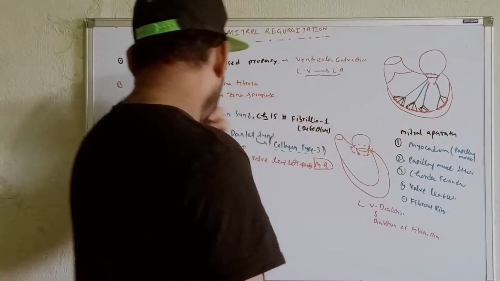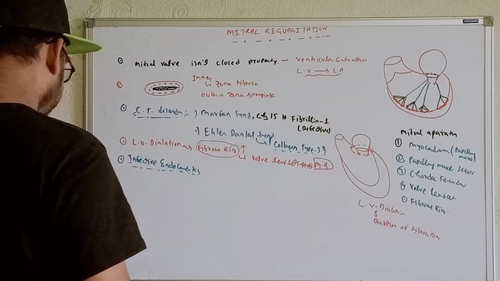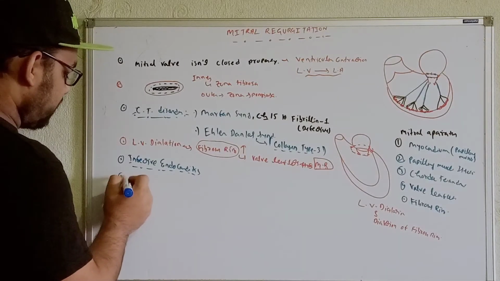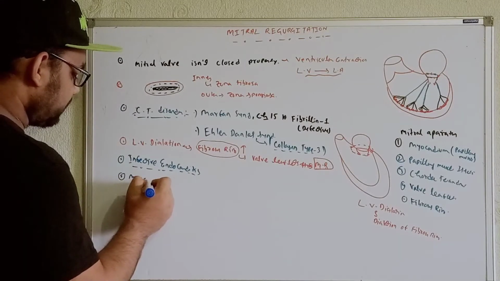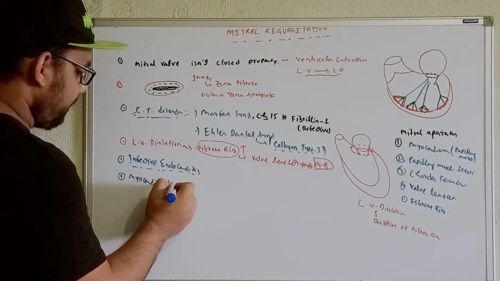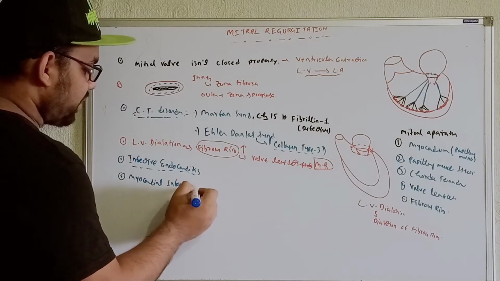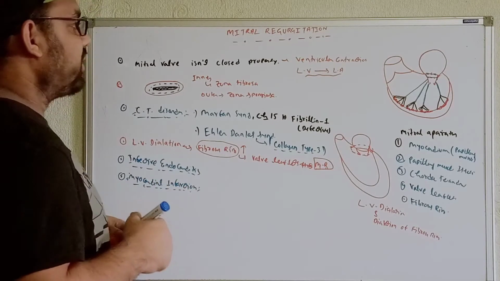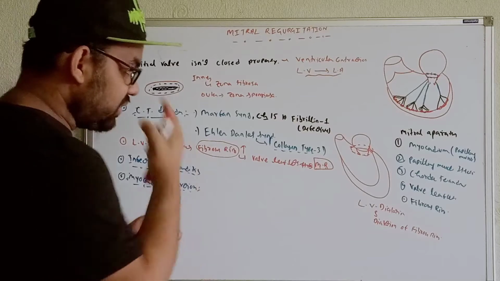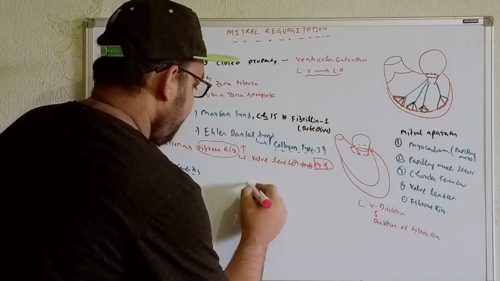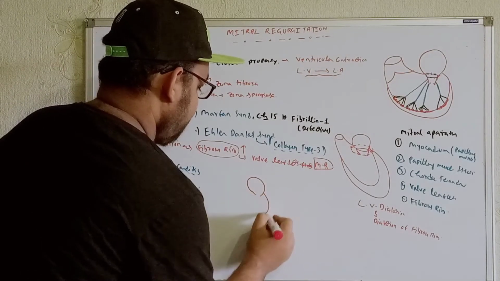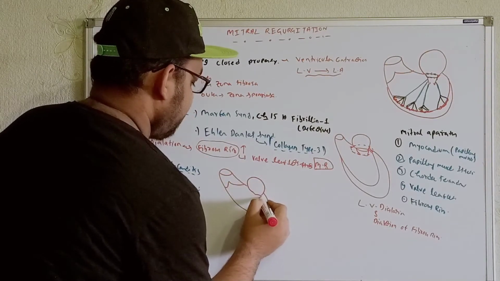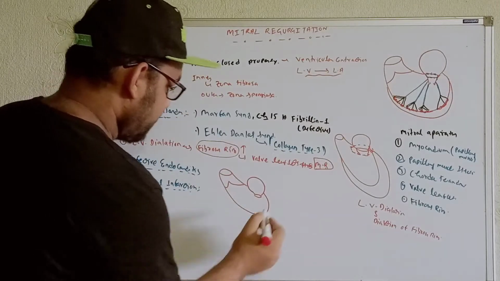Okay. Now another thing we can get over here, that is myocardial infarction. So what are the other reasons? We can write it over here: myocardial infarction. Now how does myocardial infarction lead to the formation of mitral regurgitation? Try to understand from here. As I said, guys, this is the fibrous ring. From here, try to remember,